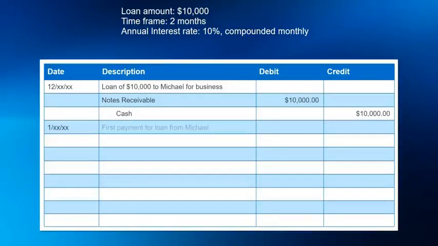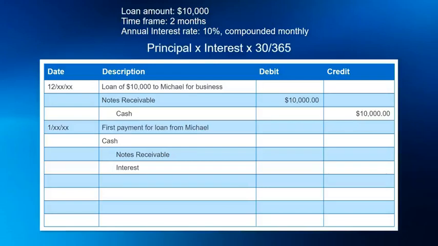The next month, Summer gets her first payment. Now, to create this journal entry, we first need to figure out what the interest was on the payment. To do that, all you need to do is use this formula. In this case, the interest was $82.19. So we would debit our cash account